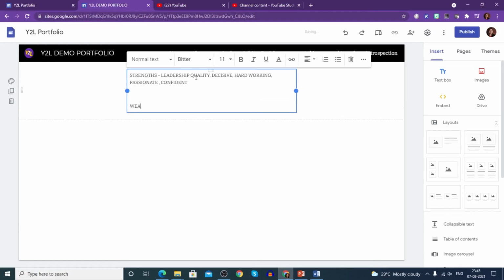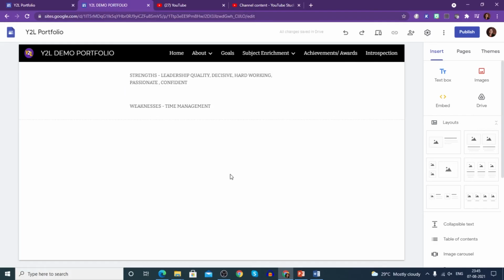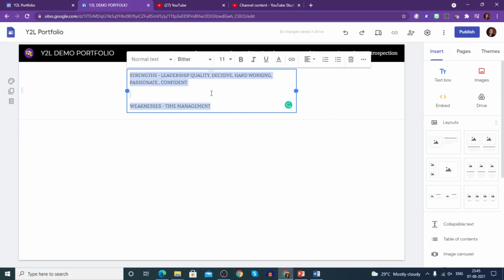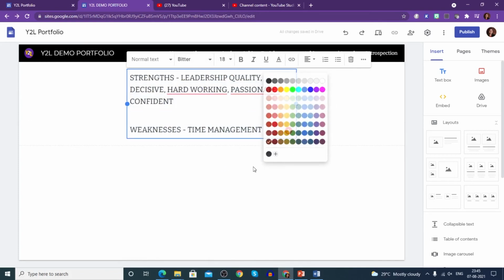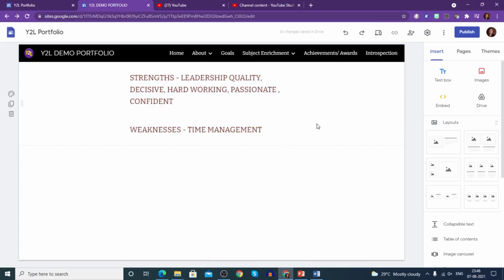So similarly, put your weaknesses. Personally, I would like to call it your personal challenges, not weaknesses, but you can choose any term. For example, time management is your weakness. You cannot manage your time well. So I'm just putting like this. So this is how you are going to cover the tabs. You want pictures, you can add an image, otherwise you can just simply put the text. And again I'm mentioning it, you can always change the size as per your needs. If you want it to be bold, you can change the color, it's completely your choice. So you can format it as per your need and creativity.